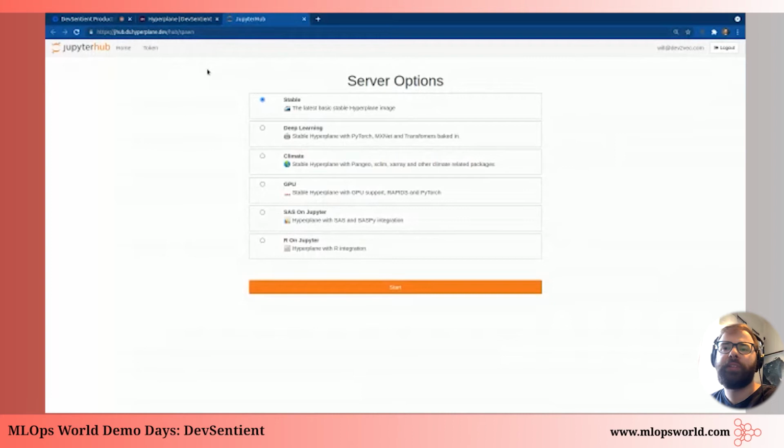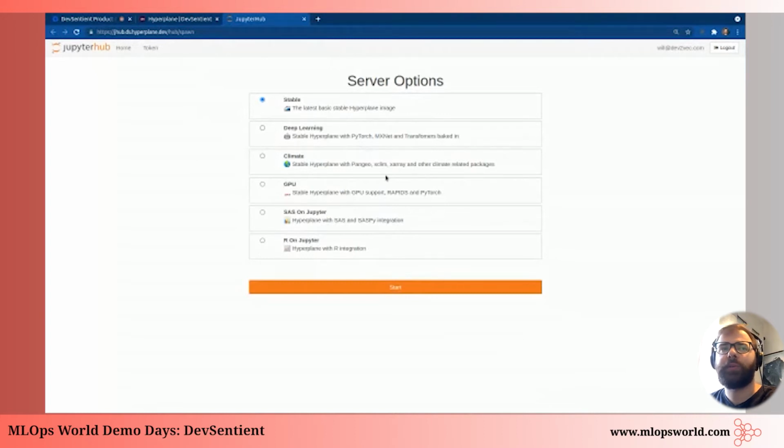So at DevSentient, we've built a number of different Docker images to help you get started quickly for a number of different data science use cases. So we have our stable image here, which contains a number of different data science packages. We have a deep learning specific image that contains PyTorch, MXNet, transformers for deep learning workloads.